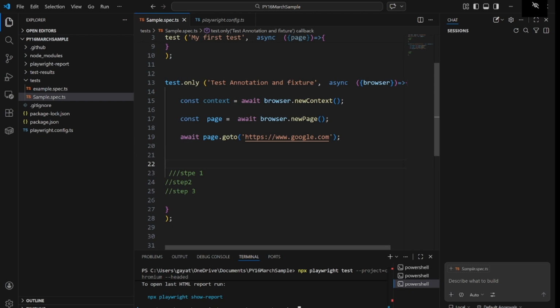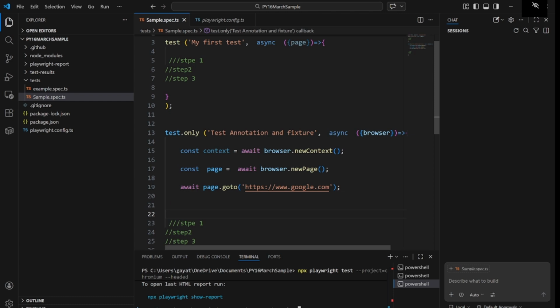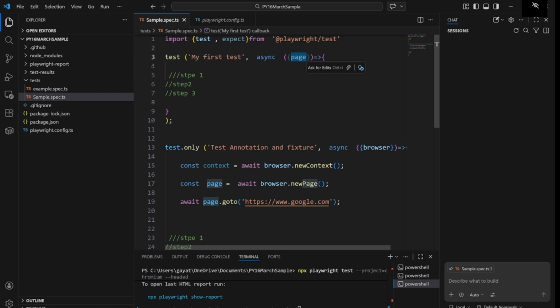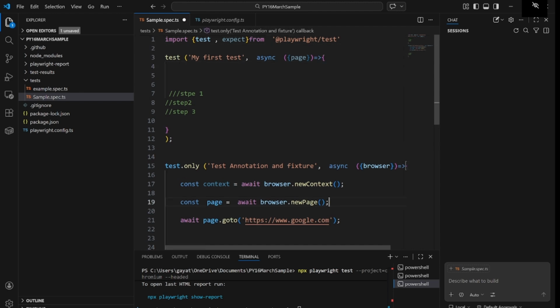But these are already default or inbuilt things which Playwright already knows. So instead of all these things, Playwright uses a fixture that is called the page fixture. So there is no need to create a fresh browser, no need to launch any fresh browser. Playwright will do this for you automatically. So you just have to use the other fixture that is called the page fixture. So we understood the browser fixture. Now we will understand the page fixture.